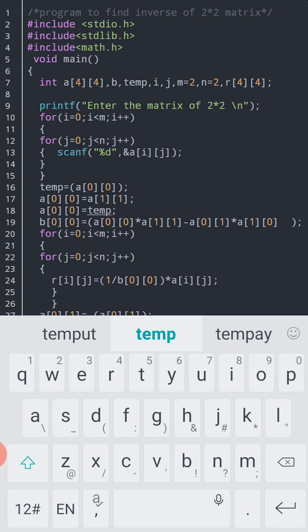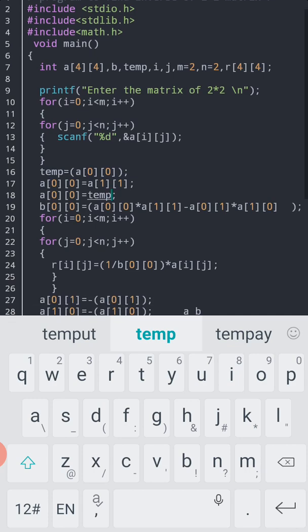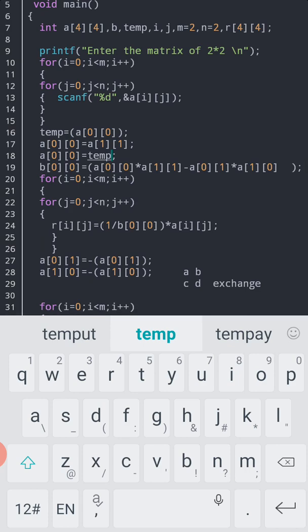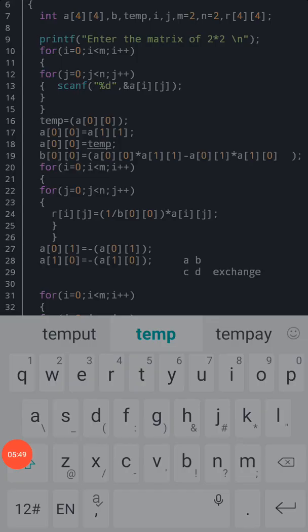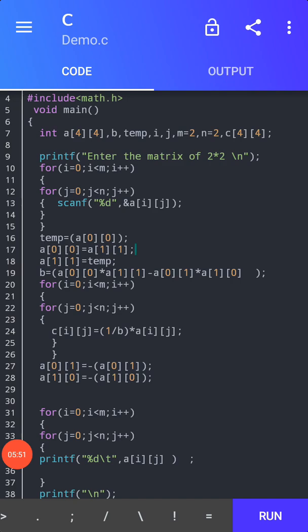Next I am giving the information in temporary into A of 1 1. Here I am exchanging the positions. So I had changed A of 0 0 to the temporary variable, A of 1 1 to A of 0 0, and finally A of 1 1 is replaced by temporary.